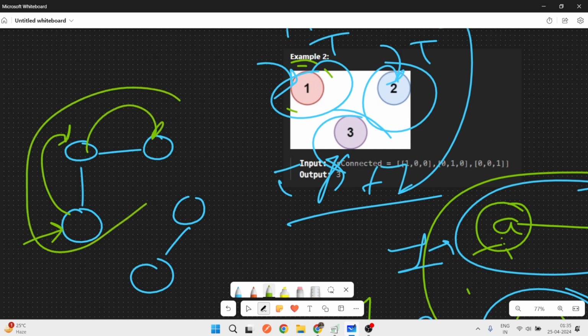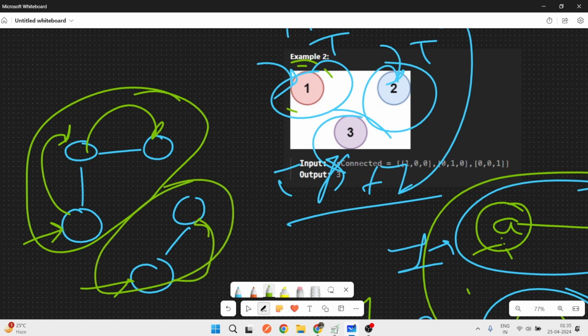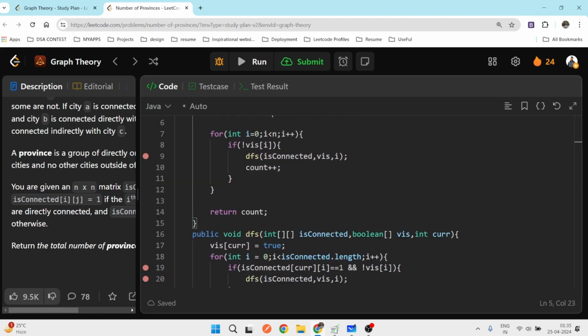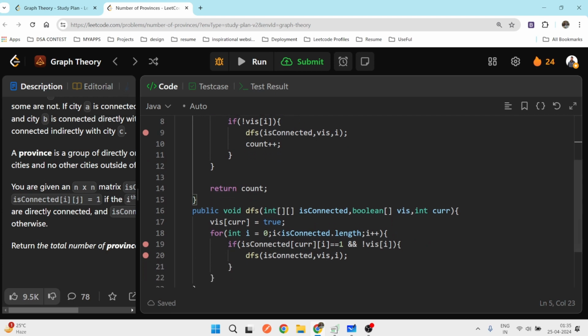So there is only one call for this component. Then we go to this node, and in the second DFS call we traverse this node and this node as well. So there are only two DFS calls. We increase the count by 1 for every DFS call from the main function.